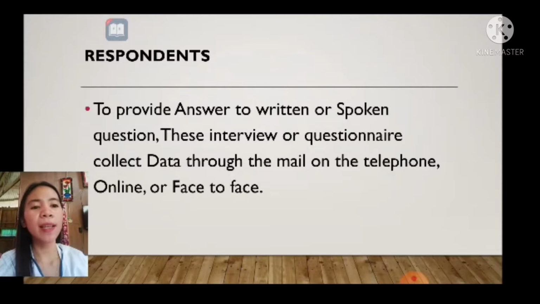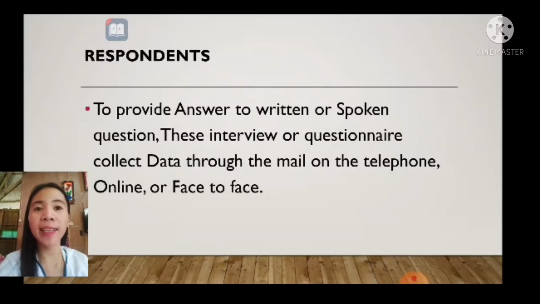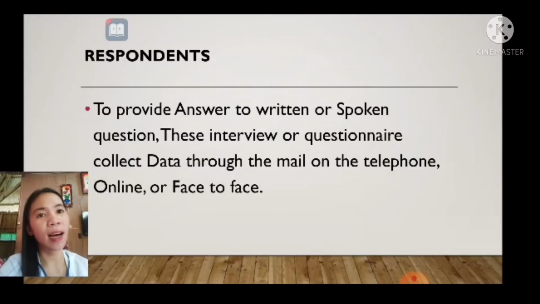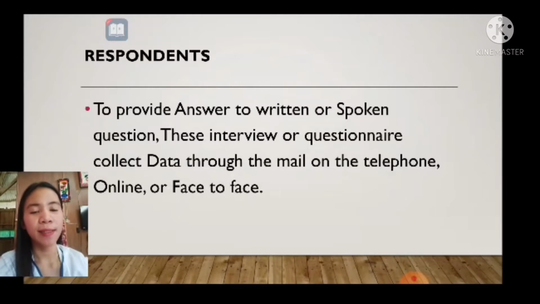A respondent is a person who is called upon to issue a response to a communication made by another. So, respondents, ito yung pwede tayong kumuha ng response through telephone, online, or face-to-face. Diba? Pwede tayong gamit lang cellphone, makakuha tayo ng response. Pwede tayong magtanong sa ating respondents.